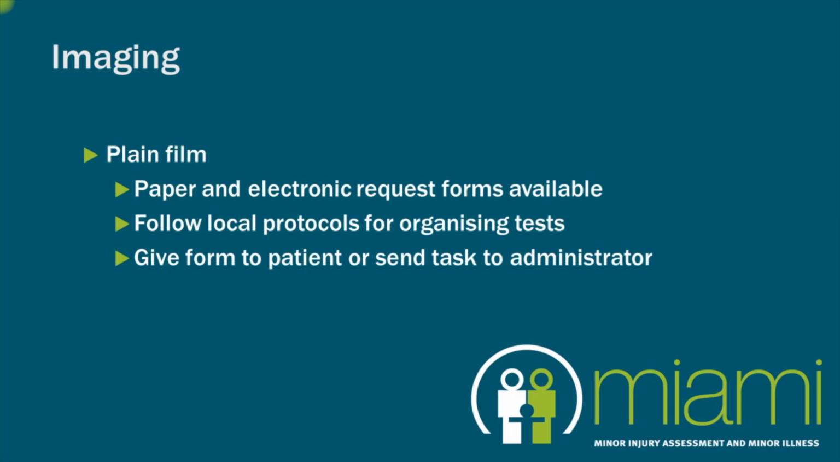Organising an X-ray or ultrasound is straightforward. The results will go back to the GP's own practice, and you should make sure that the patient is aware to follow up the results with their own GP. If you need to do plain film imaging, such as a chest X-ray or joint X-ray, then both paper or electronic request forms are available. You should complete it and follow the local protocols for organising the particular imaging test that you require. Either give the form to the patient if it's something simple and they can walk in for an X-ray, or send a task to the administrator who will send off the form to the radiology department and the patient will